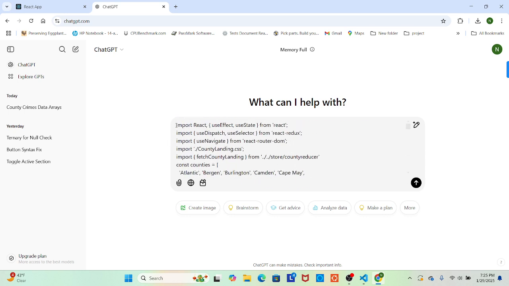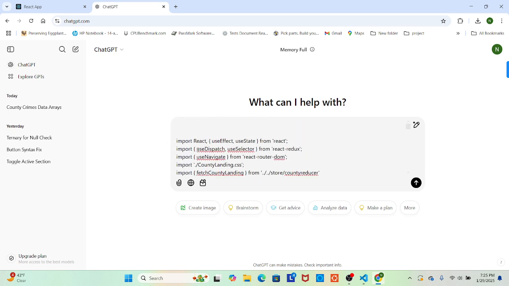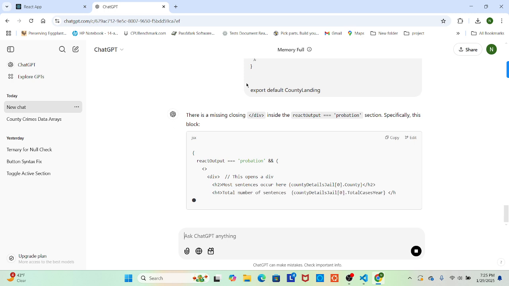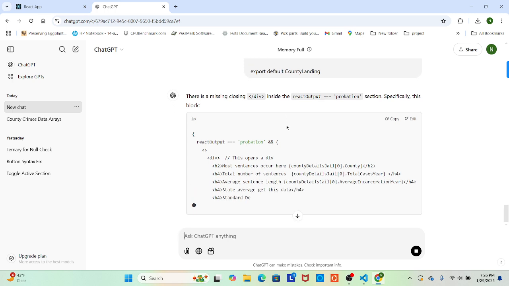I mean, I'm probably still going to be playing with it. Where is the missing brace or parentheses? Where is this missing block? I'm actually kind of curious about this.